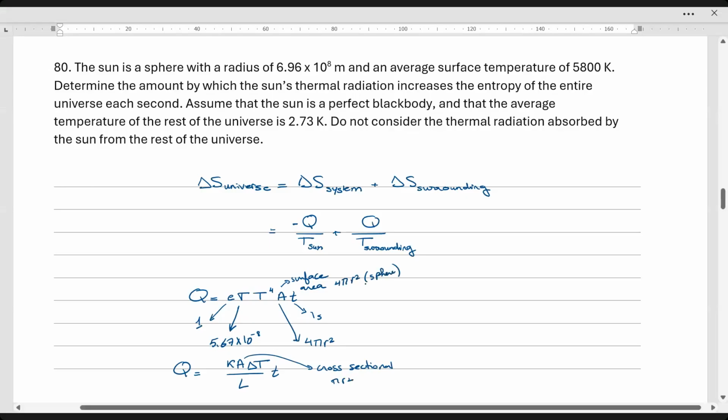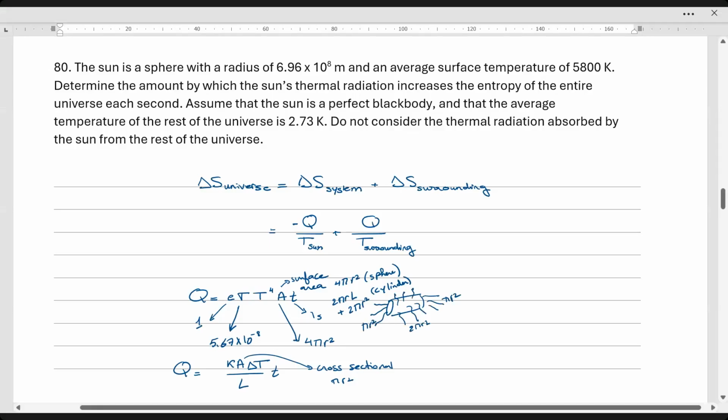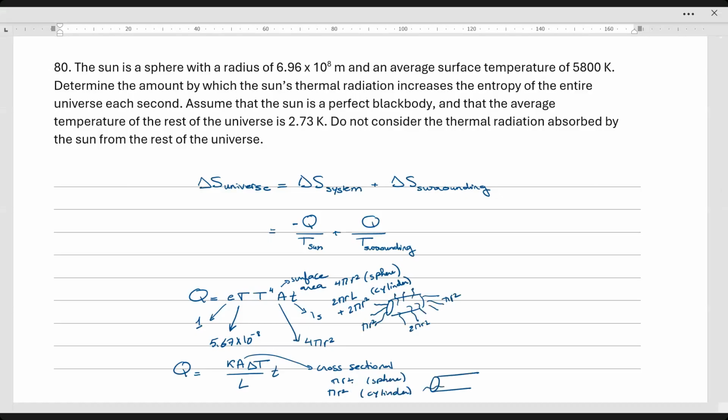If we had a cylinder, then the surface area would be 2 pi rL. This is the area of the curved surface of the cylinder, plus the areas of the two circular faces, which can be written as 2 pi r squared. Remember, the radiation will be through all surfaces. So this is the curved face, which has an area 2 pi rL, and there is also some radiation through the top and bottom faces, which are circles of area pi r squared each. If we were studying heat transfer by conduction, then the cross-sectional area will again be pi r squared,